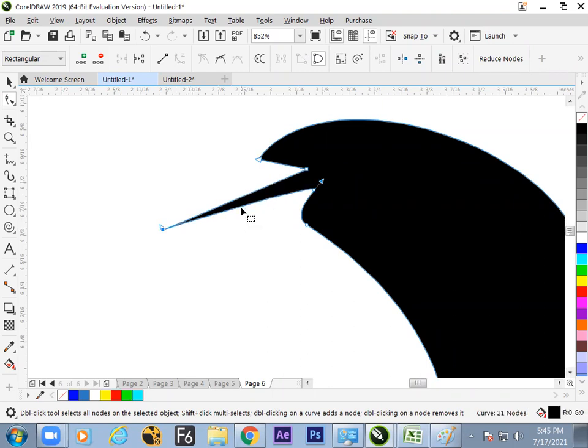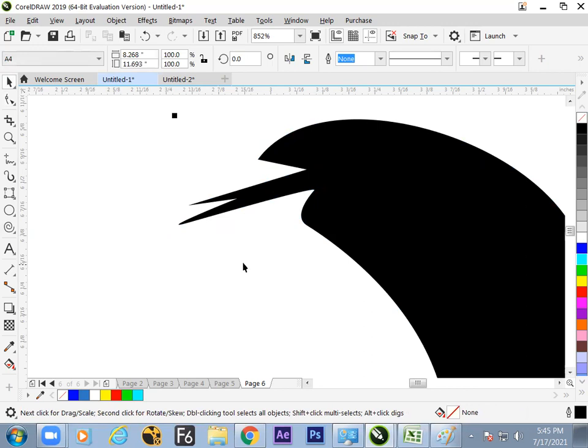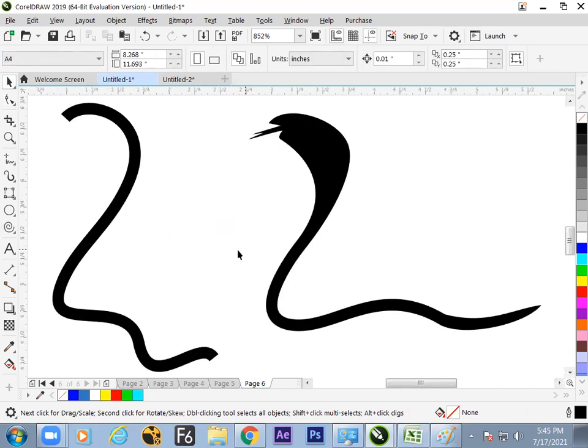Again, two inputs, just double click and go inside. So now we are finding how to make the tongue of this snake. Get it fit to the window, F4. Is it clear? Is it okay?